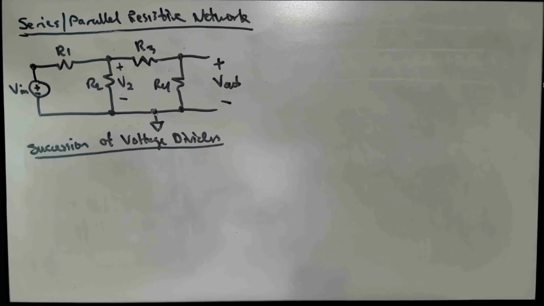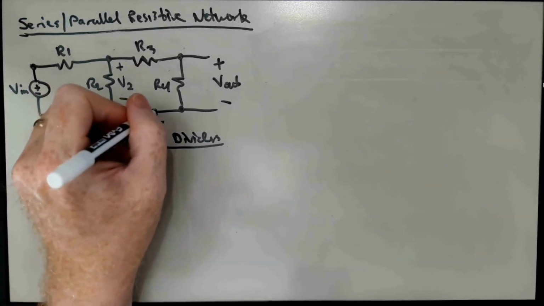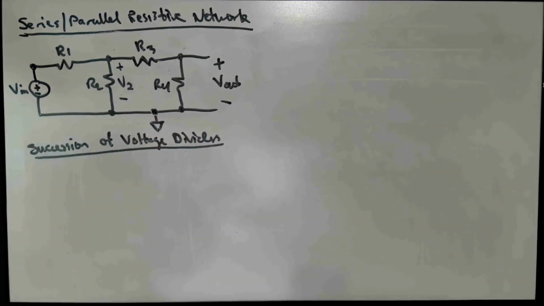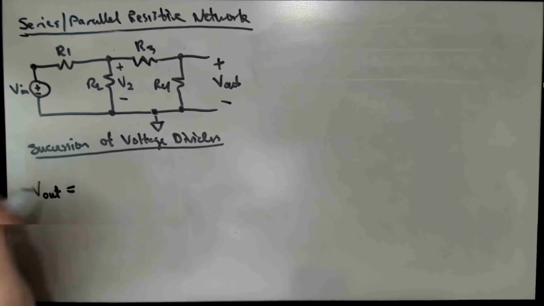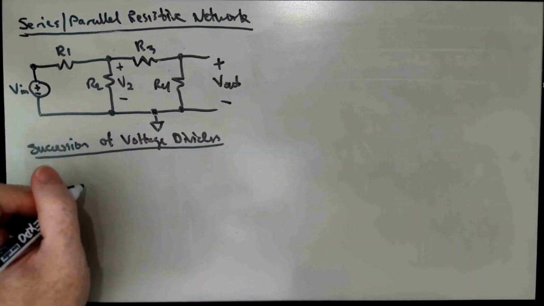And so I can do that. I could write that out in a succession of steps if I wanted to, but with a little bit of practice, you can actually do this all in one step, quote, by inspection, as we might say. And that's not to mystify you. That's basically just to say that with a little bit of practice you can do it without having to do a bunch of intermediate steps and a bunch of algebra, which of course reduces the probability of making an algebraic error, which is really nice. So we can write down V out as V in